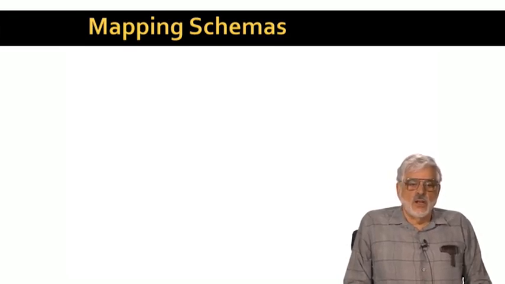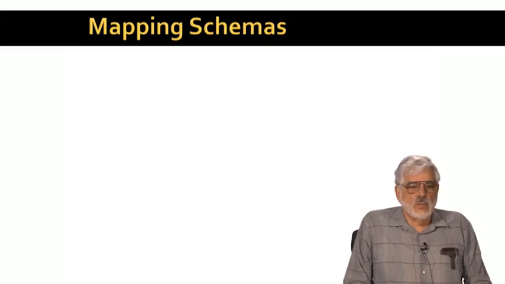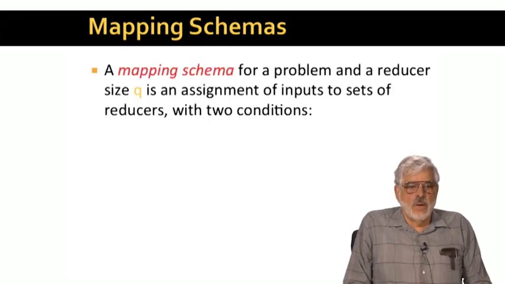We can't do that in general, but for many interesting problems, we can abstract enough of what any MapReduce algorithm can do that it is possible to make some useful claims about how much replication is needed. So let's define a mapping schema for a given problem and for a given reducer size q to be an assignment of each input to a set of one or more